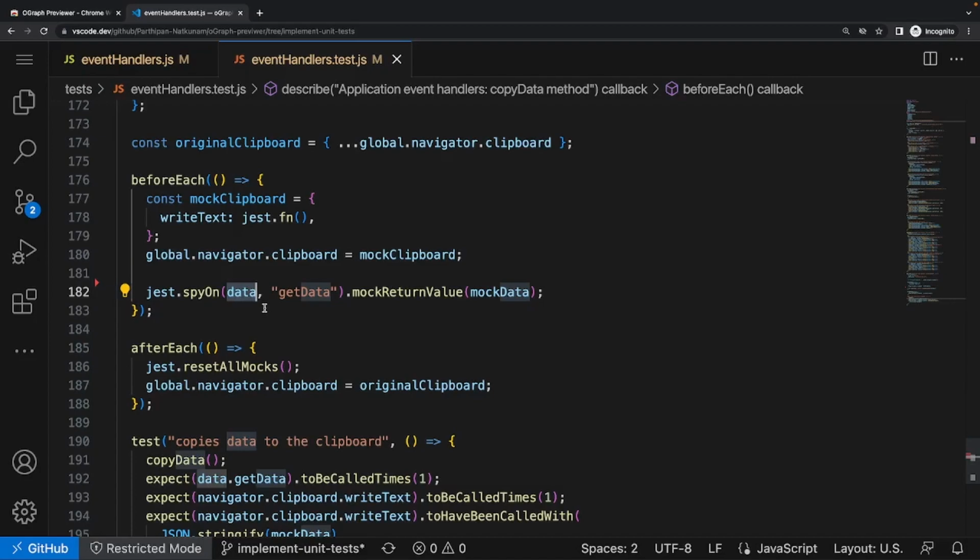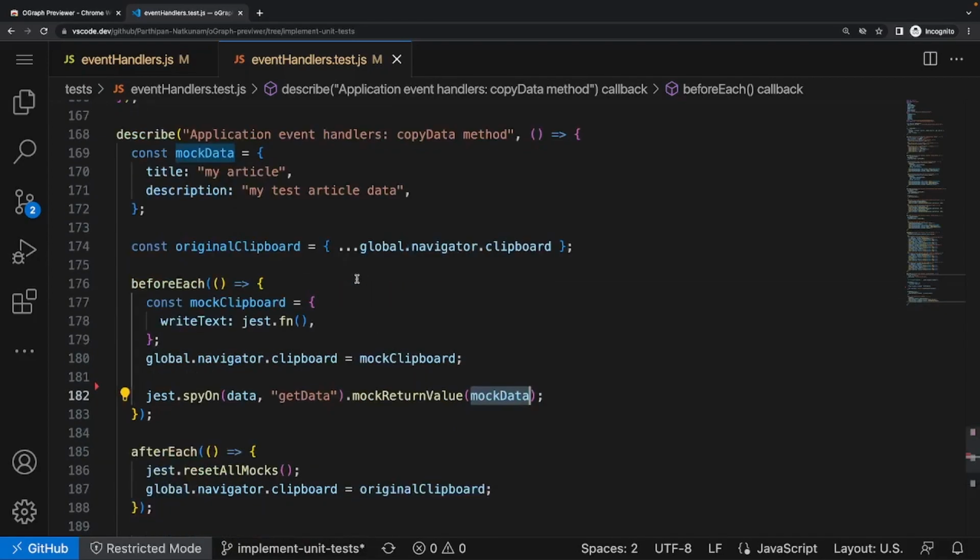All we have to know for understanding this is just a state model that has a getter called get data, and that in the application actually gives me the application state data, which holds the open graph bank information. But here I want to mock it, so I'm using this program method, and I'm using the mock return value helper to send the mock data, which is the one we